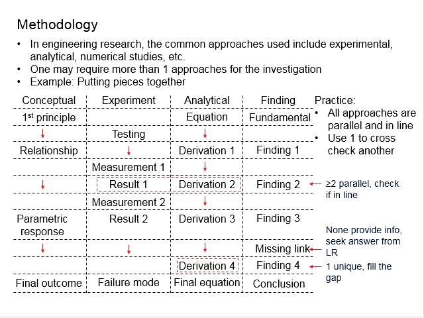Therefore, there will be quite a variety of ways for you to understand the situations through different combinations of the approaches. And when you combine those approaches, you may not necessarily have the amount of work equally divided. Let's say now you are doing experimental and analytical study. It doesn't necessarily mean 50% for experiment and another 50% for analytical study. It depends on your emphasis. Sometimes you can have 70-30